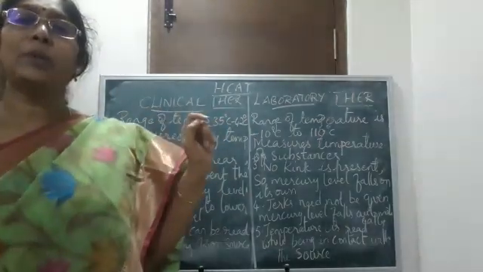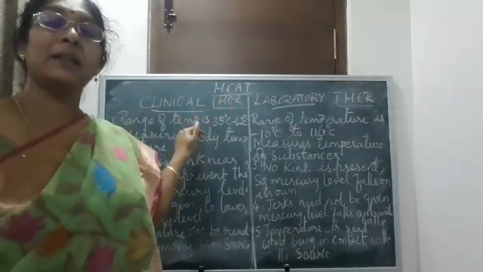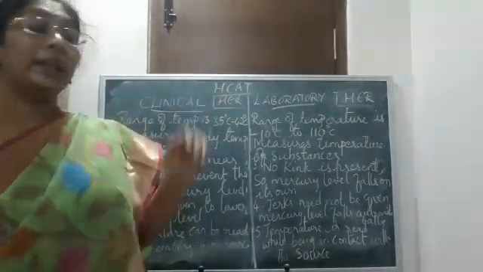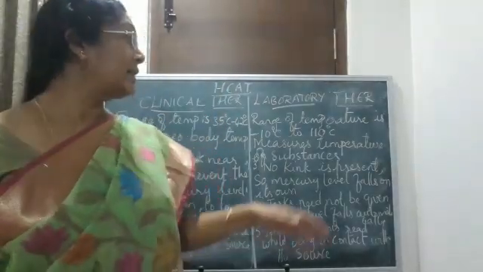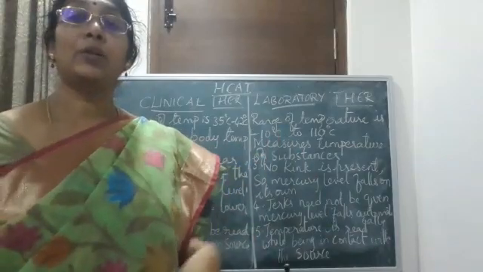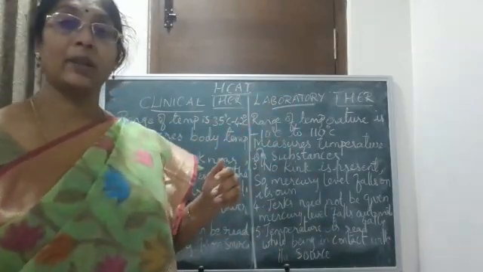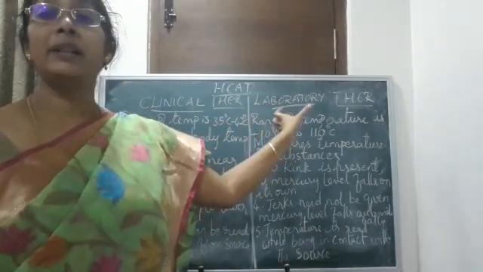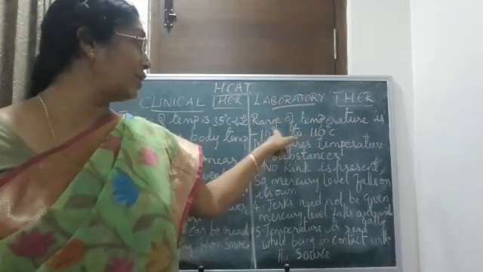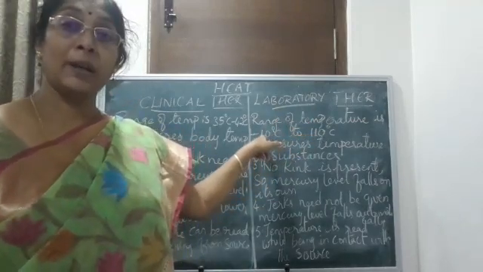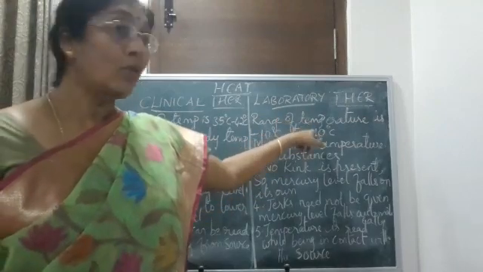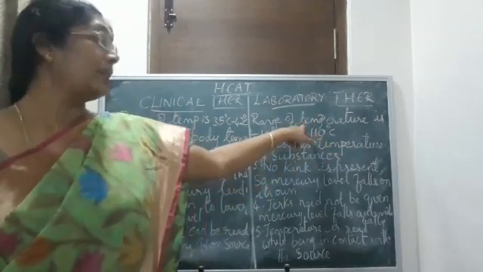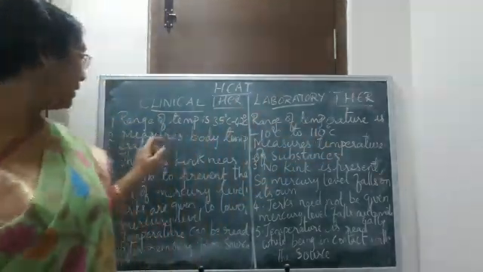The reason is that the human body temperature will never be less than 35, nor more than 42 degrees Celsius. The range of temperature in a laboratory thermometer is from minus 10 to 110 degrees Celsius. That means a wide range of temperature, nearly 120 degrees Celsius, can be measured, from less than 0 up to more than 100, that is up to 110 degrees Celsius, using a laboratory thermometer.